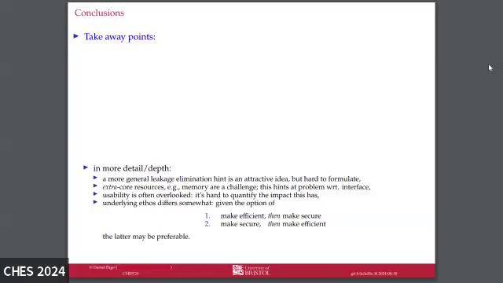What, for me at least, in my opinion, is a bit more interesting is some of the bigger picture points that have come out of doing this work. The first of which is this question of a more general leakage elimination hint. If you were to expand this type of approach to other leakage effects, how do you actually write these hints in such a way that they are useful but not over-constraining? I think that's an interesting problem, but a difficult one to solve, and people will have very different opinions about what that could or should look like.